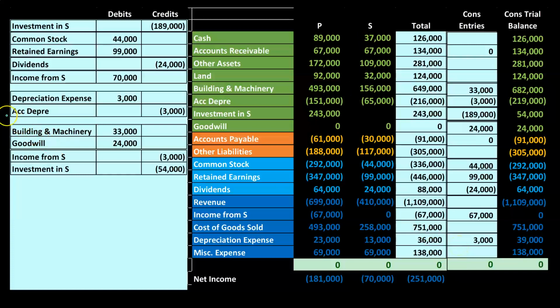And then this one's kind of like everything else that we have to deal with. What is everything else we had to deal with? Well, we know that the building and the machinery was higher, so we got to increase the building and the machinery, and the other side of that, of course, went into the investment account when we did the purchase. We know that goodwill was on the books as part of the original purchase, and the other side of that was in the investment account when we did the original purchase. And then we know that this account needs to go to 0, right? We know that this account, because we already basically recorded the net income using the equity method here, resulting in this